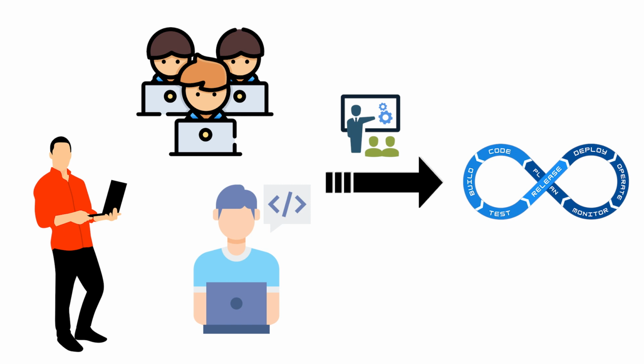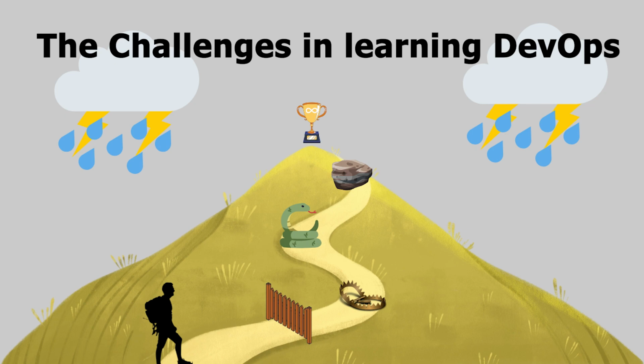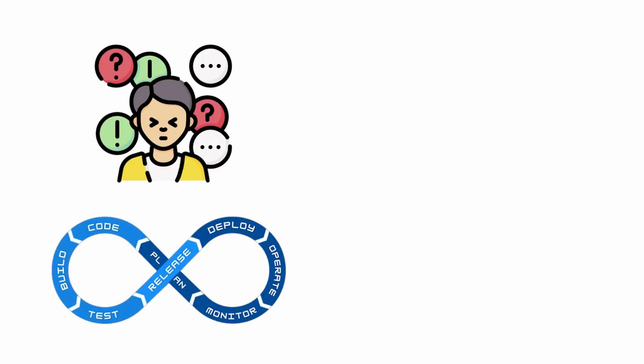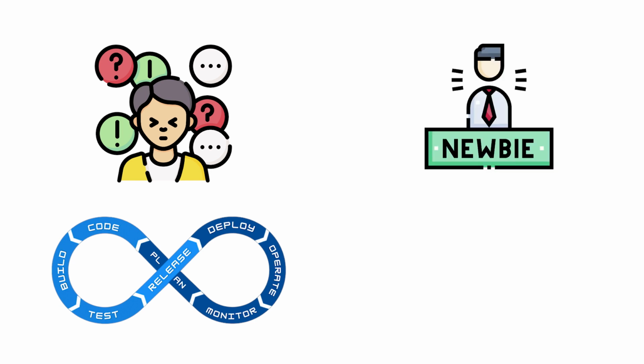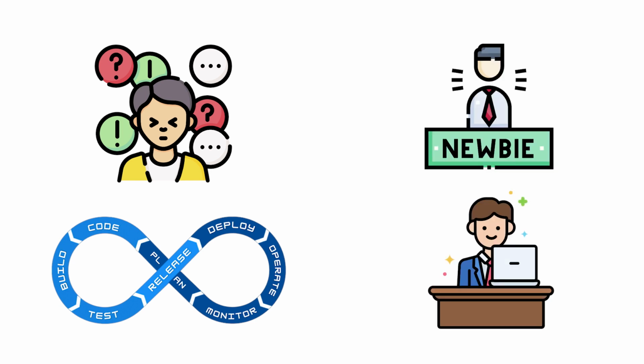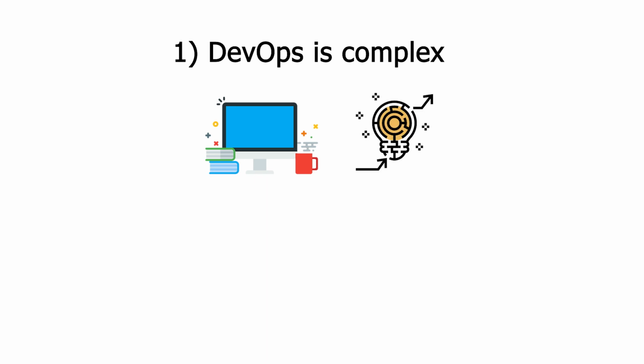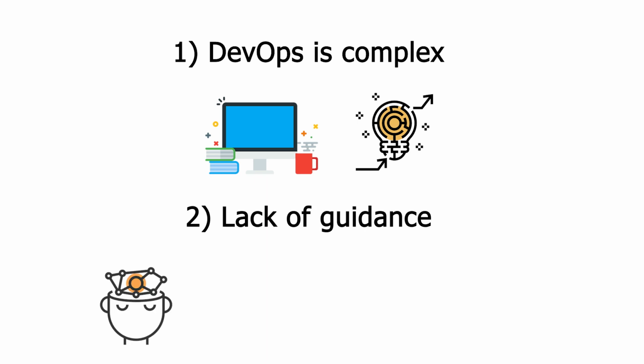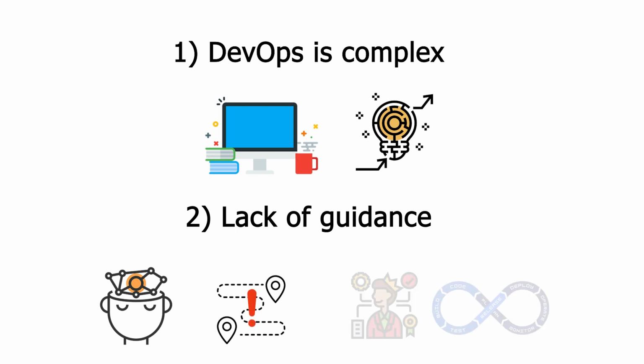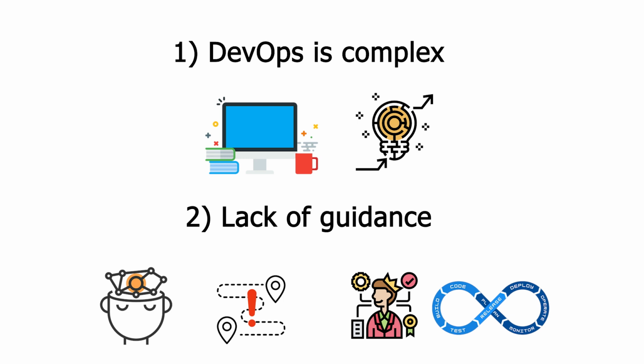But most engineers don't become competent in DevOps due to the challenges in learning DevOps. Learning DevOps is often overwhelming, whether you're about to start or are already a practitioner. DevOps is complex. There are a lot of things to learn. Additionally, it is continuously evolving as new technologies come out every day. Lack of guidance. Due to the complexity and unique backgrounds of individuals, it is difficult to figure out an effective path to DevOps mastery that will work for everyone.